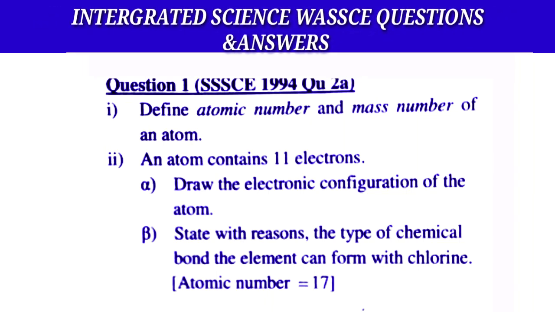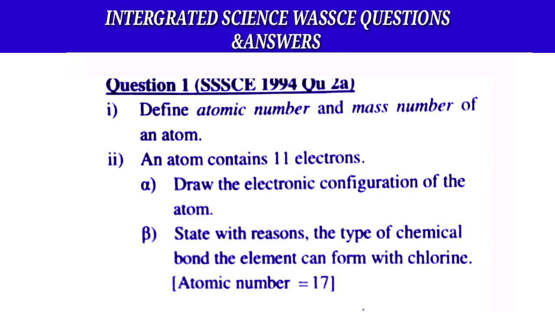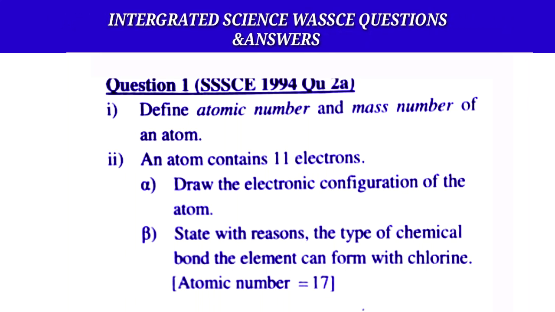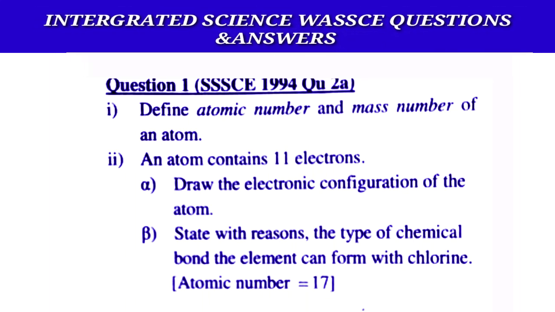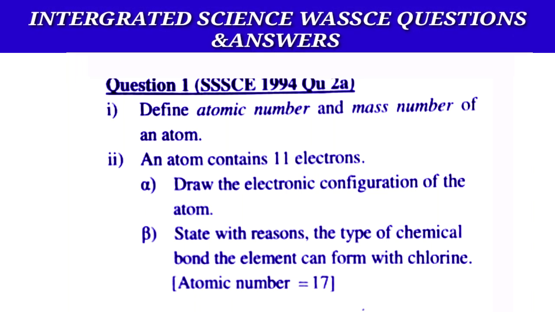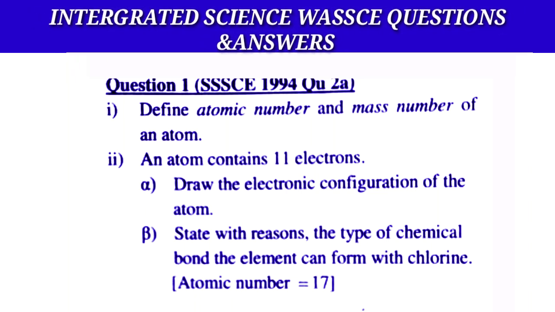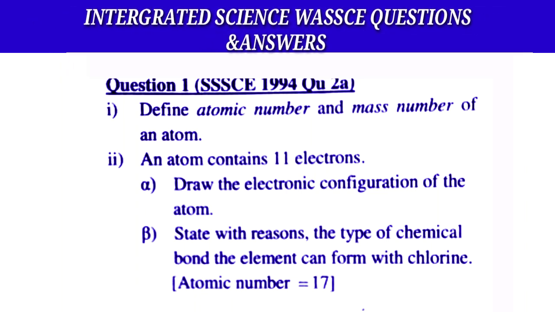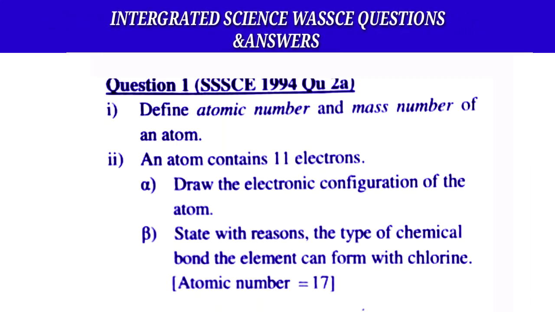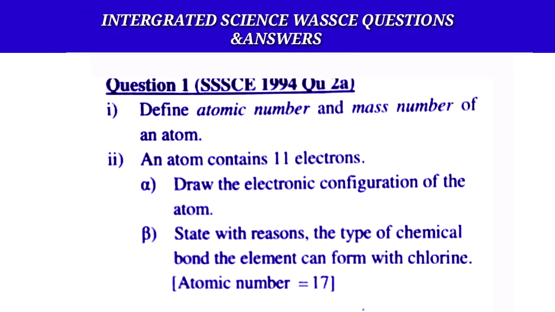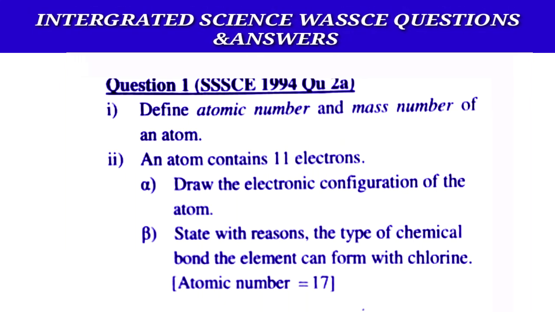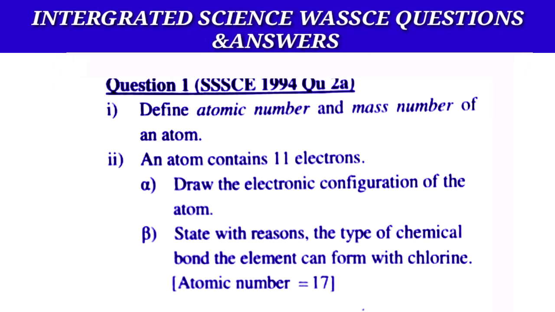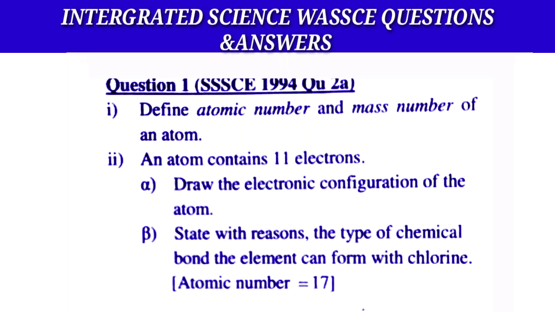Integrated Science WASSCE questions and answers. Question 1. Define atomic number and mass number of an atom. II. An atom contains 11 electrons. Alpha. Draw the electronic configuration of the atom. And beta. State with reasons the type of chemical bond the element can form with chlorine, whose atomic number is